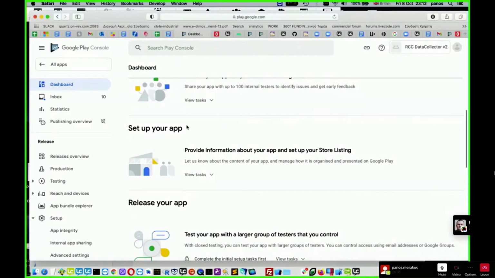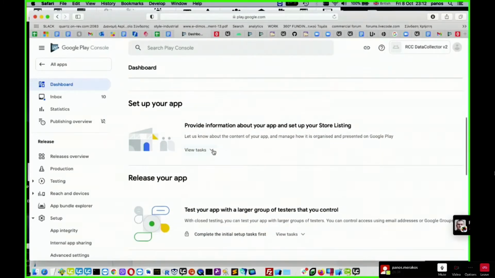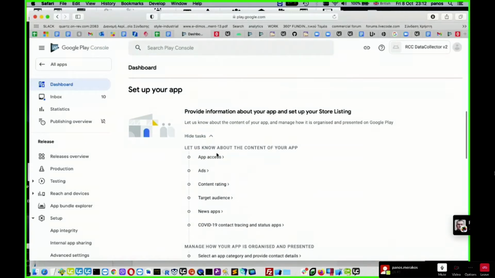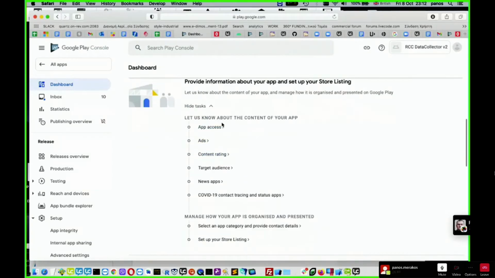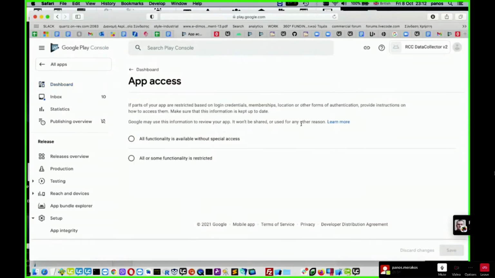So I'm going to go to this section, set up your app. And if you click here at the drop down, you can see the steps which you have to complete in order to go to the next section. So here it says, let us know about the content of your app. App access. You have to choose between these two options.